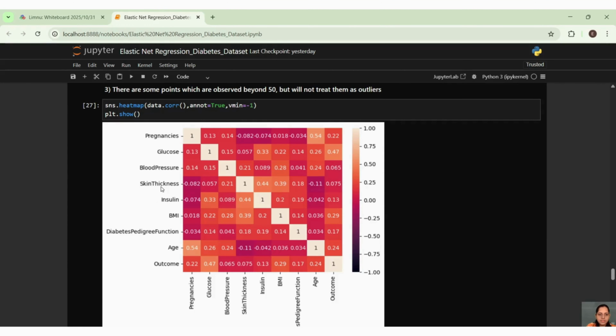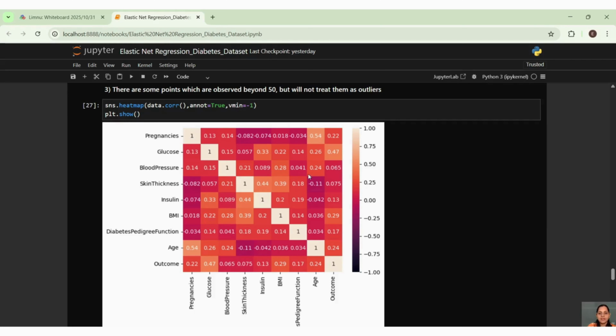Skin thickness is not having better correlation, but skin thickness with insulin, you can see here, it's coming 0.44. That means skin thickness with insulin has a good correlation. Then pregnancies with age, very important, guys, right?